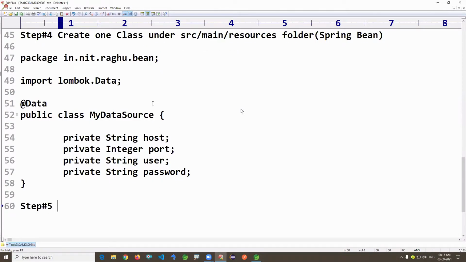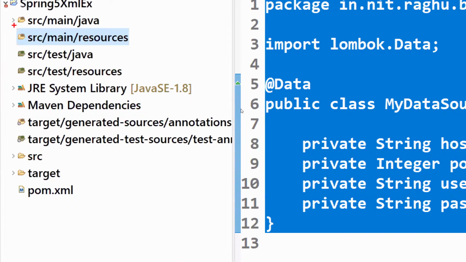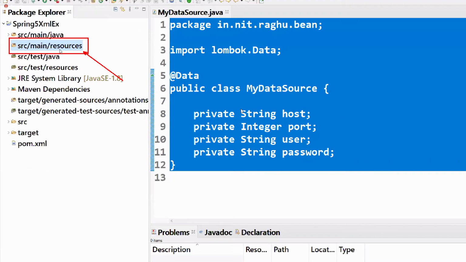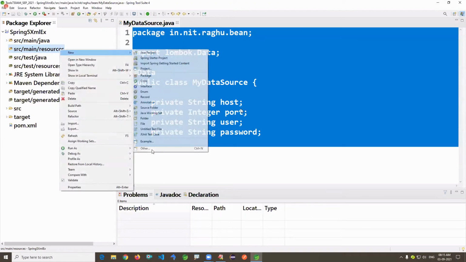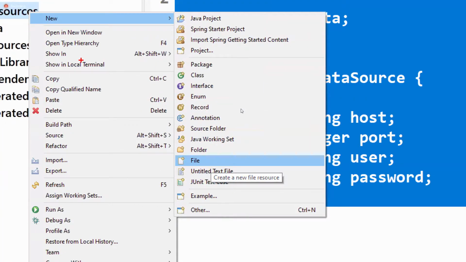Step number 5. It is recommended to create non-Java files under the resources folder. Right click on resources, new, go to the option file. Choose this option if you want to create an XML file here.